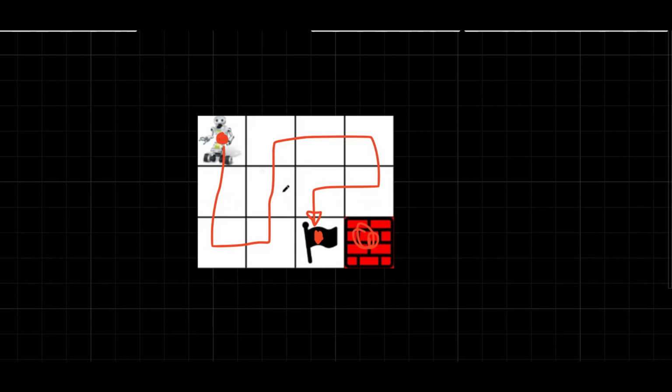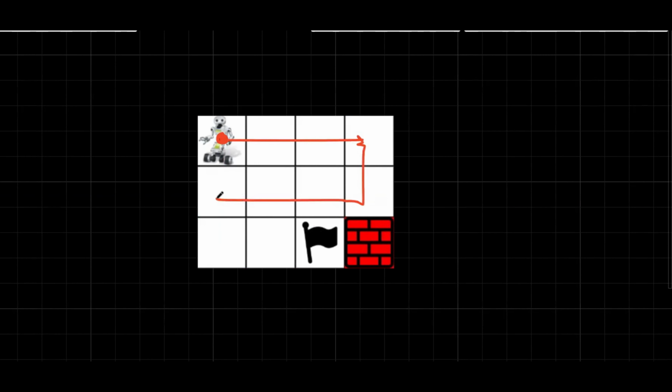So it is one possible way for the robot to reach the final position. Another possible way is that the robot can go to the right here and move down, then move to the left, move down, and again move to the right and finally reach the ending position here. So it is one possible way, because in this path also we have visited all of the empty cells and did not encounter this